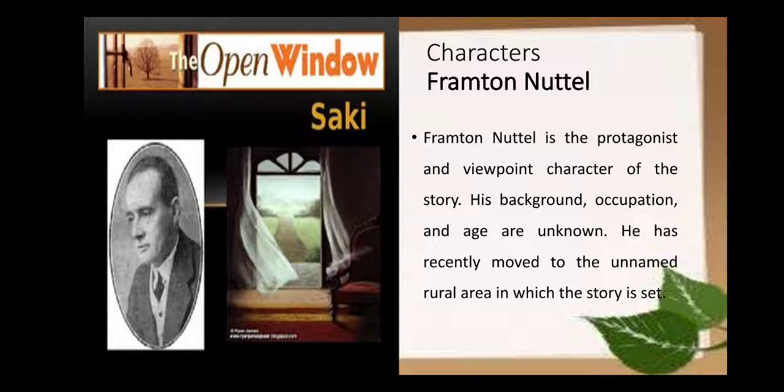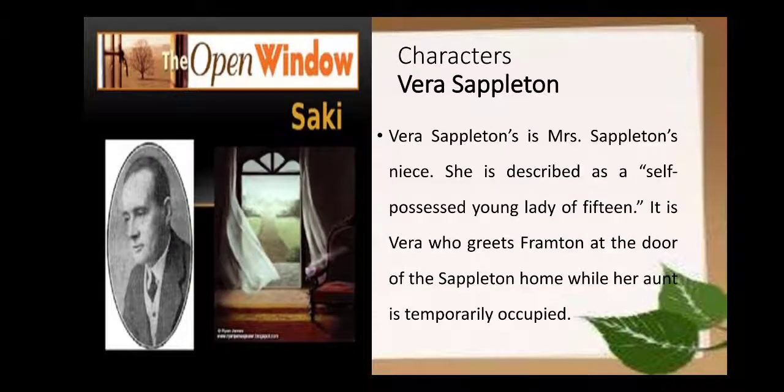He believes this girl Vera's story about the disappearance of Mrs. Sappleton's husband and brothers, and then the whole drama is enacted because of this belief and his fearfulness, which is related to his nerve issues, and we see it come out as a humorous and an ironical situation in the story. The next important character who is plotting the entire humor is this girl, Vera Sappleton.